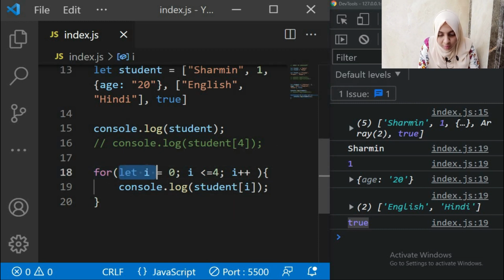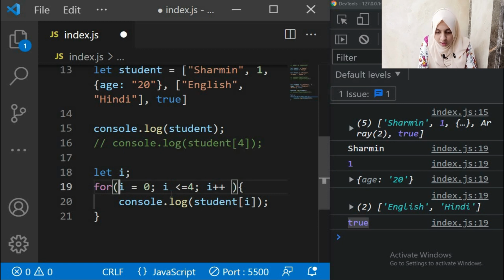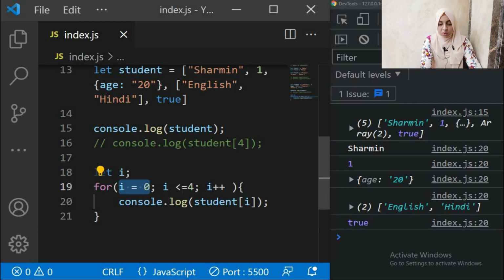This is your for loop, and you define a variable, that is i. You can even define it outside and use it here, rather than defining it inside the loop, like let i. Then in the for loop we have a starting point, which defines where your loop should start running. So your i is at 0, and here you have i less than or equal to 4. Why did I write 4 here?